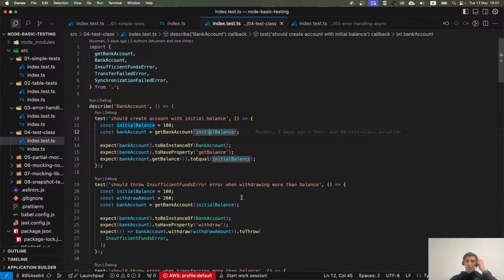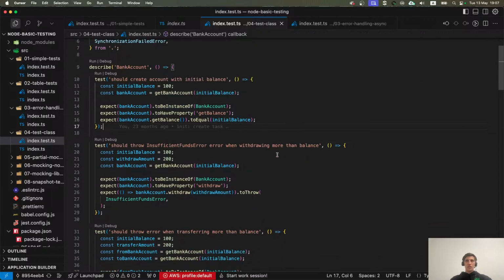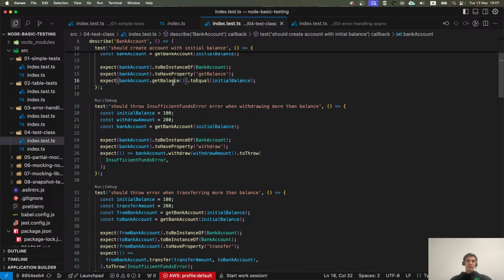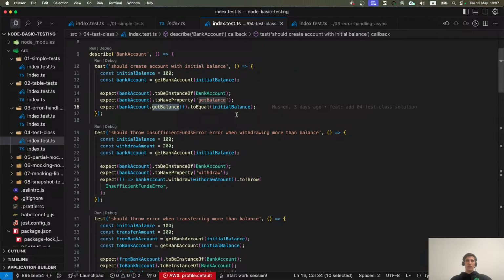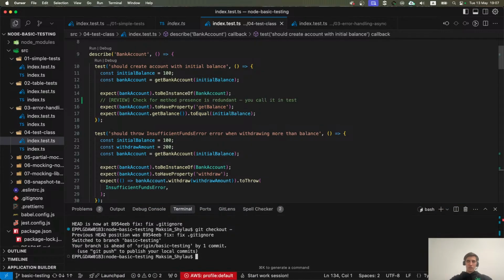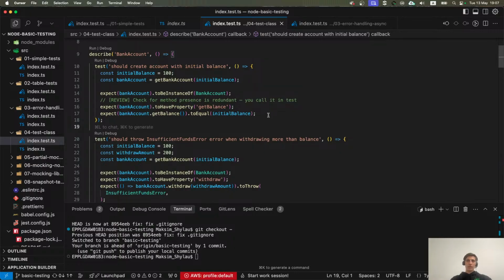First of all, should create account with initial balance. Okay, we have some initial balance, it's 100. We create bank account with it. And then we have bank account get balance to equal initial balance. It's correct. I have some minor concerns to this implementation because, well, if you don't plan to execute this method,